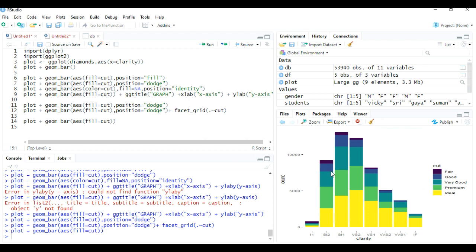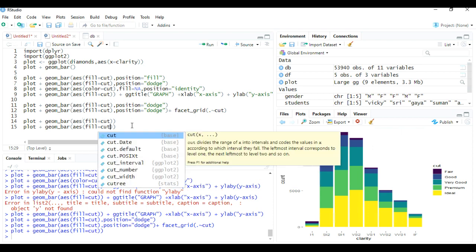Yeah, we got this graph. Now add a polar coordinate to this graph. Plot plus geom bar using aesthetic function fill equals to cut